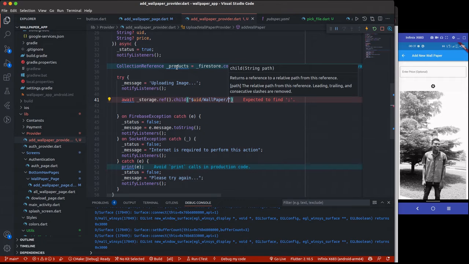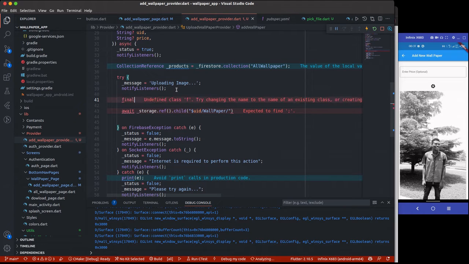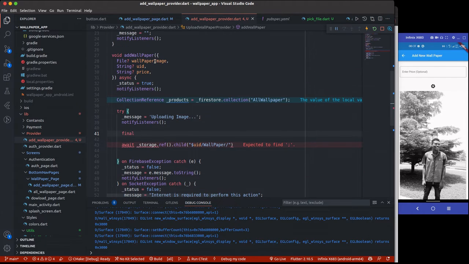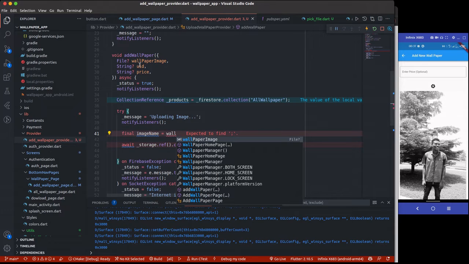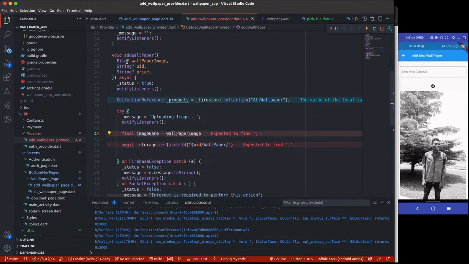I don't think that will be necessary, but what I can do is just get the name of the image, which is this image, which is a file. So I'll just get the name here. Okay, image name, like so. So I'll just have something like, let's say, wallpaper. This is a file, remember, wallpaper image